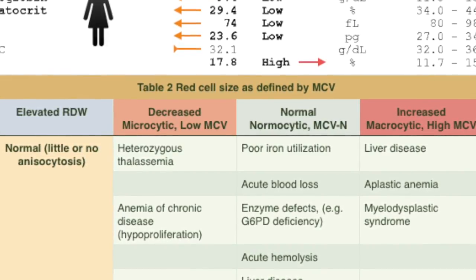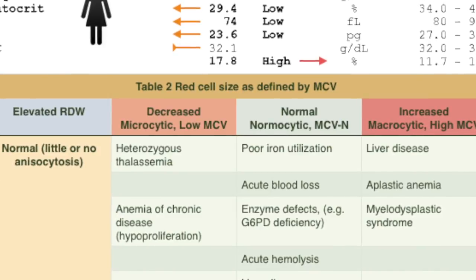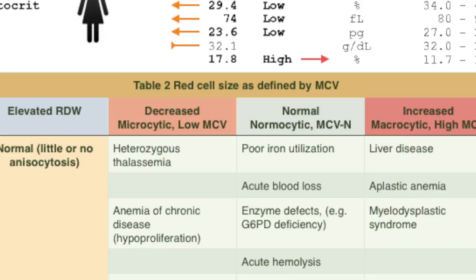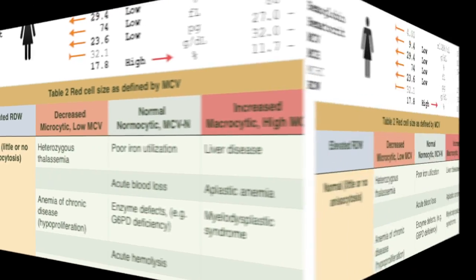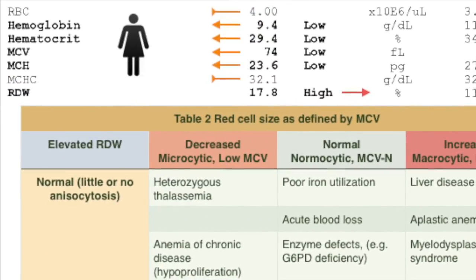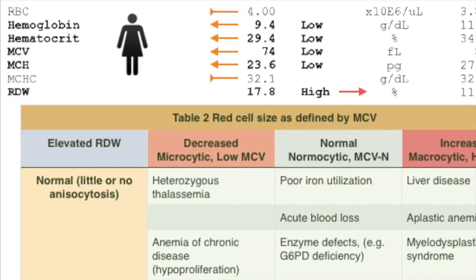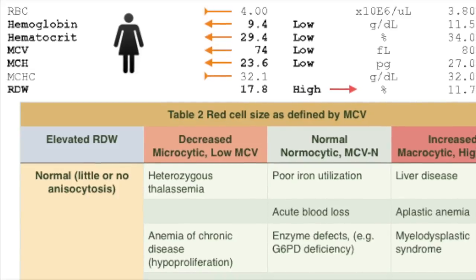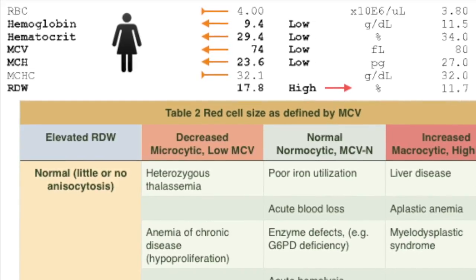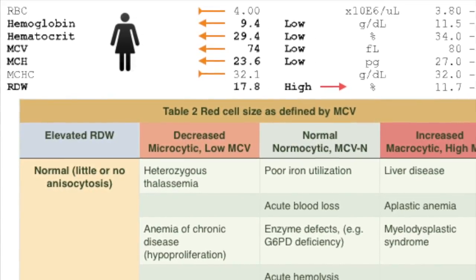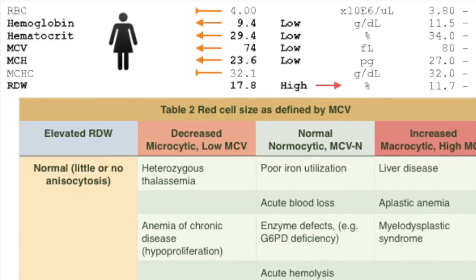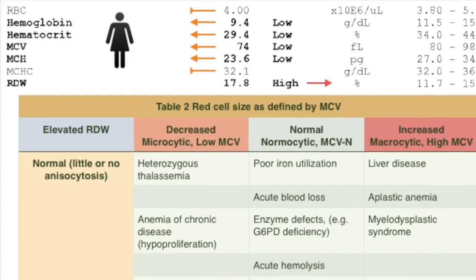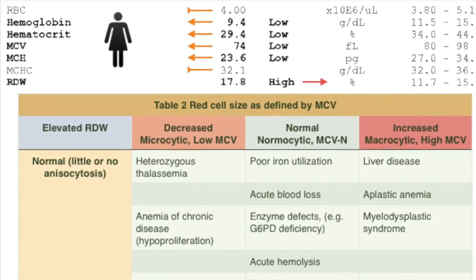Anisocytosis with normal to slightly elevated RDW is associated with different levels of MCV. Low MCV with normal to increased RDW levels indicates anemia of chronic disease or thalassemia. Normal MCV with normal to slightly elevated RDW can still be associated with blood conditions such as poor iron utilization, blood loss, enzyme defects,